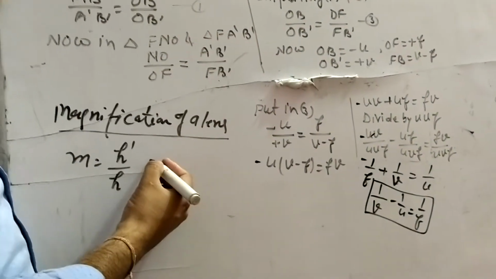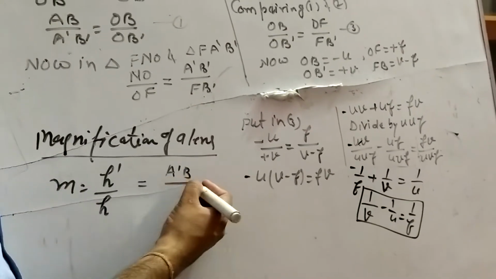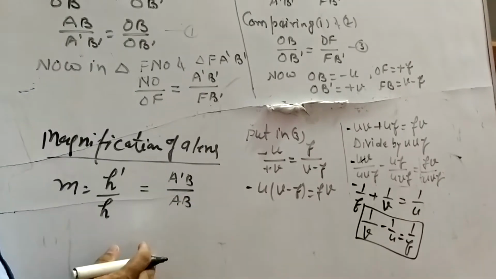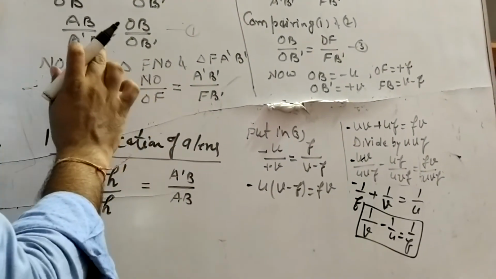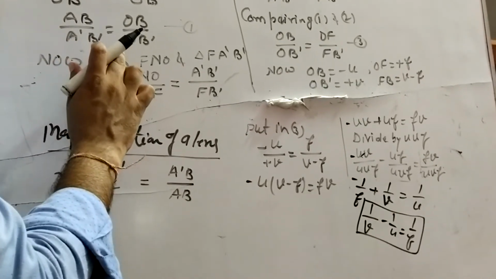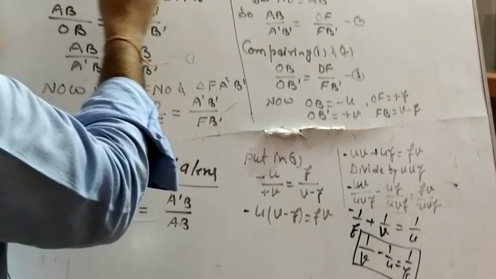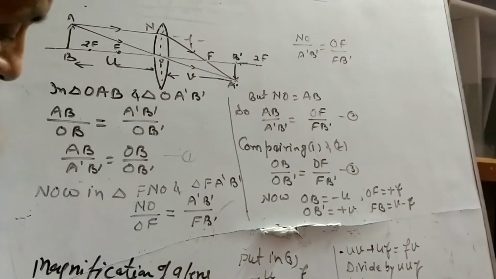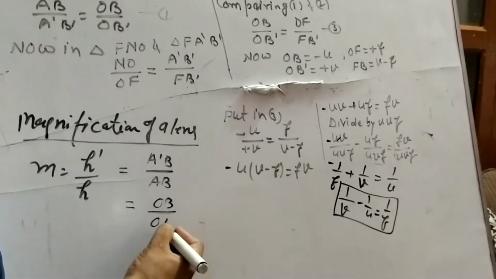For example, this will be size of image A dash B dash and object AB. So you can say A dash B perpendicular upon perpendicular. You can see in the equation this perpendicular upon perpendicular is equal to base upon base. So here you can see in the first equation this will be equal to OB upon OB dash,